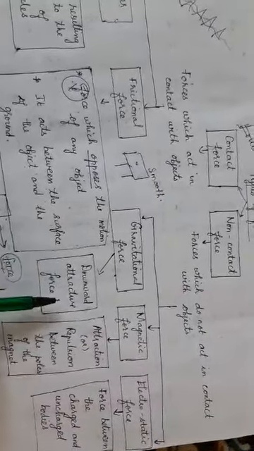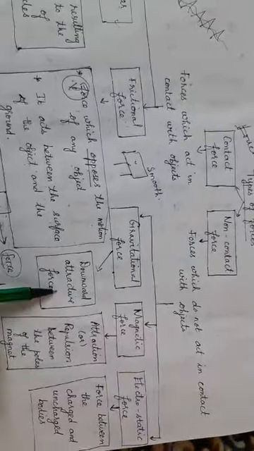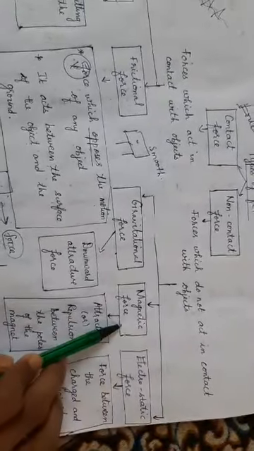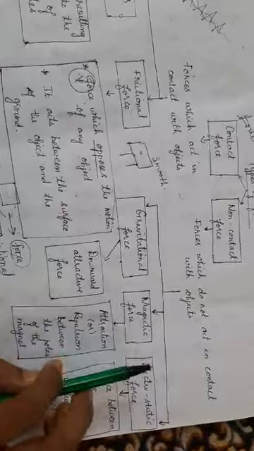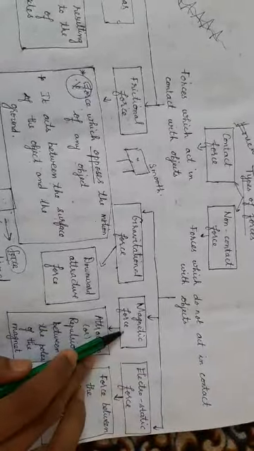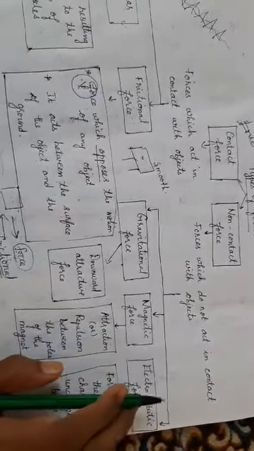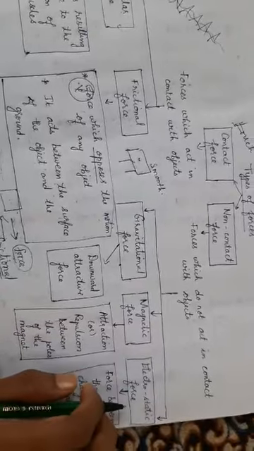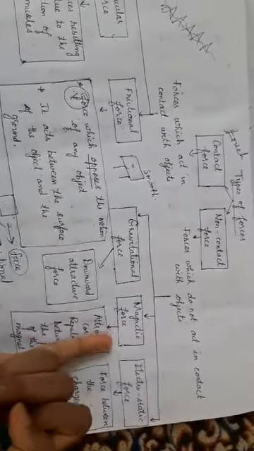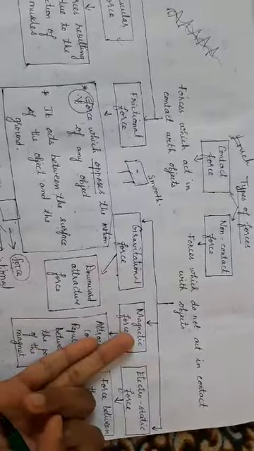So gravitational force is nothing but the downward attractive force acting on all the objects of the earth. Next, magnetic forces. Consider the example of two magnets and the properties of a magnet. We have learnt in our lower grades the properties of a magnet. Property number 1, like poles repel. Property number 2, unlike poles attract.